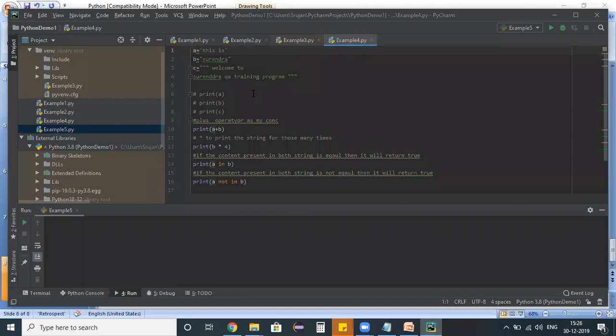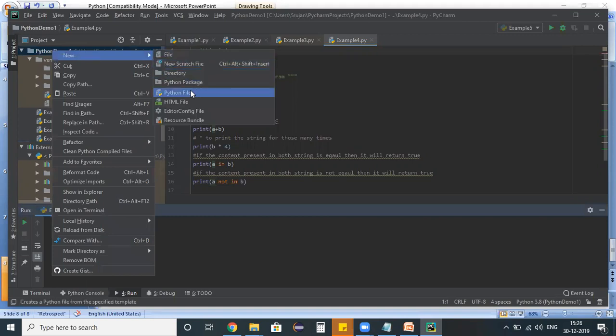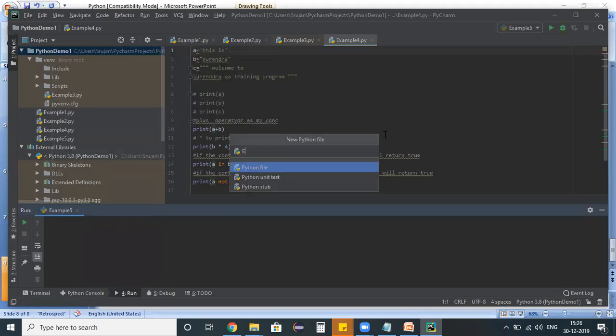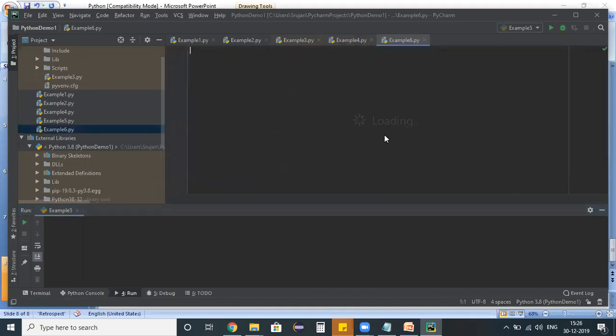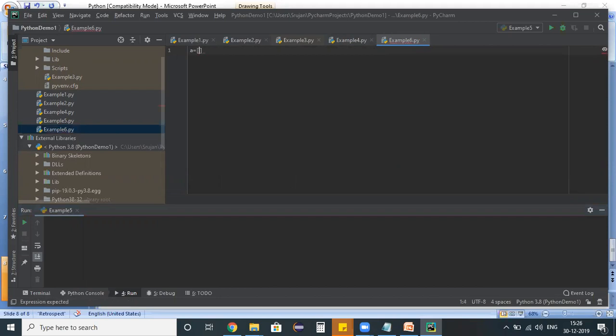Now, let me switch to my PyCharm and create a new program where I just want to show you how to create a list. See here, example 6. On the left-hand side, you define a variable name equal to square brackets. If you represent anything within these brackets, it will be treated as a list.